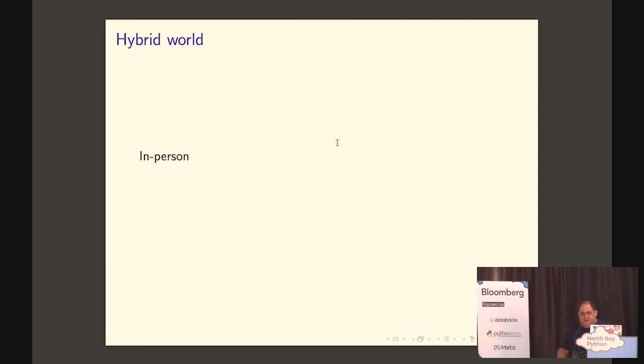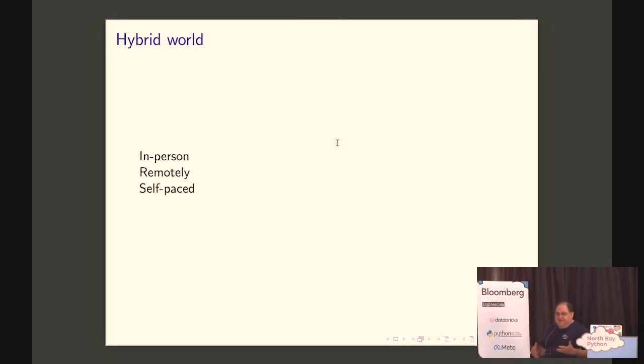So when you're going to be teaching, or at least if you think about developing teaching materials, you want to think from the beginning in terms of a hybrid world. Even if you're going to be all remote or all in person, you probably want to collaborate on some of these materials with people who will be using them for the other stuff. And your own classes might be hybrid, or might not be, but even if you're all in on one of the things, you want to be in a place where you can easily collaborate with people who are doing the other things. So you want to be able to develop materials for both in-person and remote.